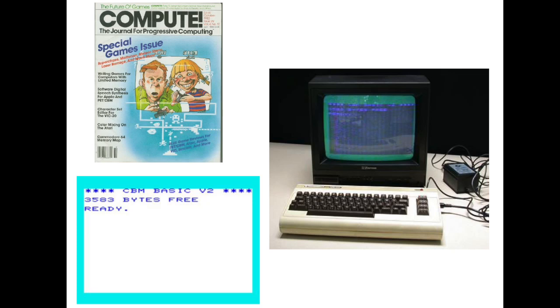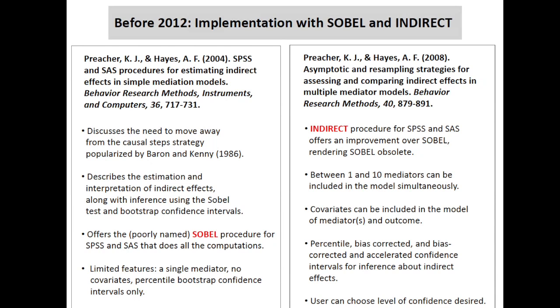I've spent a lot of time in the last 10 years writing software, you might call them add-ons for existing software, to make modern data analysis methods a little bit easier for people. So we were talking about the bootstrap confidence interval and how it would require some kind of computer programming skill, but that's what programmers do. You as a user don't have to think about that if you've got the software that does it. And so I've spent some time with a colleague of mine, Chris Preacher, writing about mediation analysis, and in particular describing some of the principles I've just gone through and others, but providing as well computational aids that make it easy for people to do.